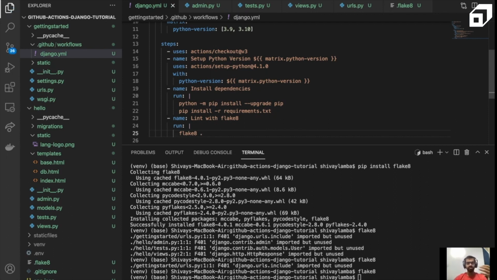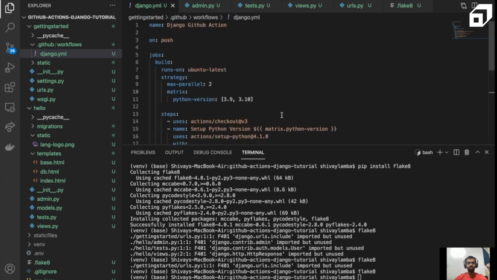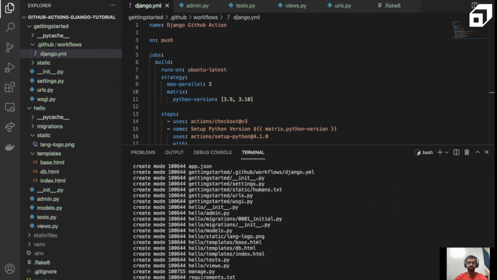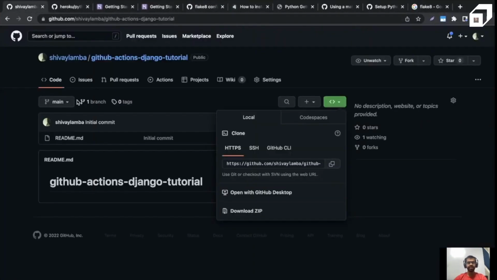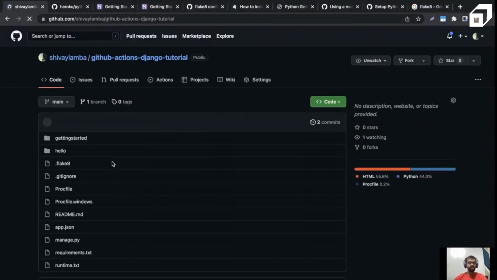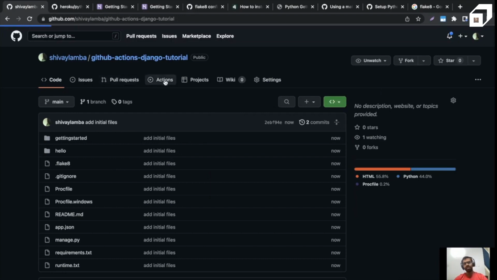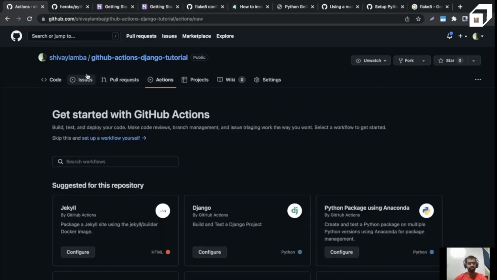So first let's test this much of the GitHub Action that we have prepared. We'll push our code, commit this code so far, and say "add initial files", and we'll go ahead and push this. As soon as we push it, we should see it getting triggered over here. We should go to our actions, and you can already see